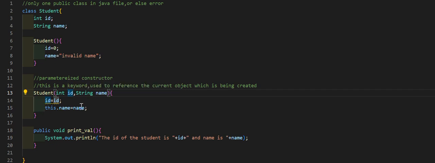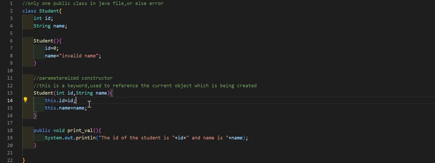So this is creating a kind of confusion about which variable I'm trying to mean. In order to remove that confusion, we will use this keyword. So this.id, now it is pretty much clear that here I am trying to mean the data member id. So in the data member id, I am trying to put the value of id which I will be passing into this constructor.